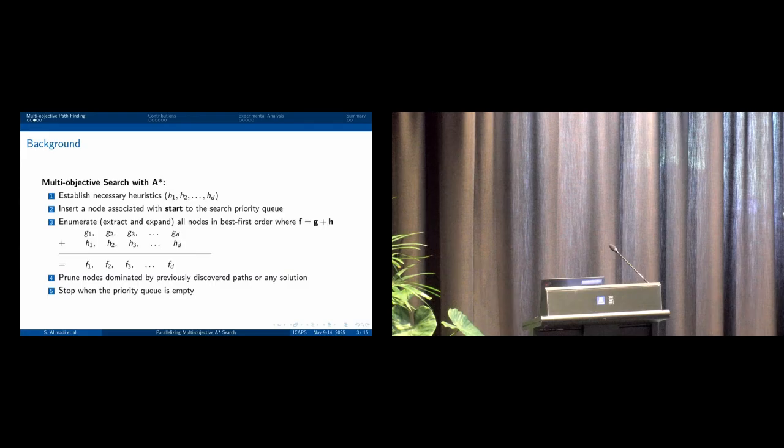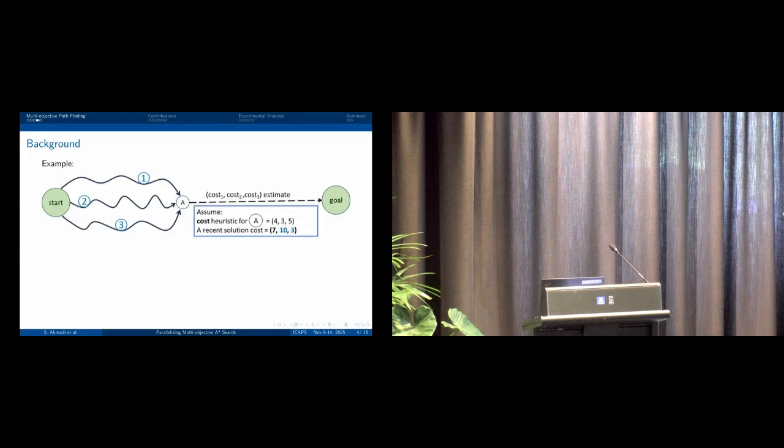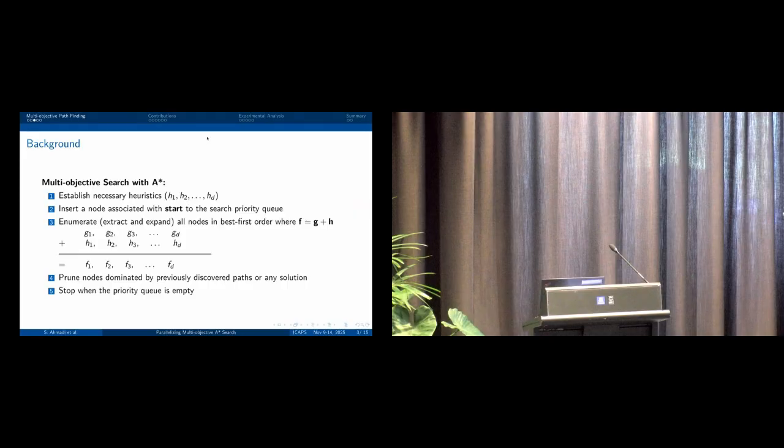Okay, so what is the state of the art? The state of the art is using A-star. As you know, in A-star, we need to build some heuristics. So A-star works with heuristics. If we have d objectives, we need to build d heuristics. For each individual objective, we can do some backward searches to build perfect heuristics. So we have the backward searches here. Once we get the heuristics, we